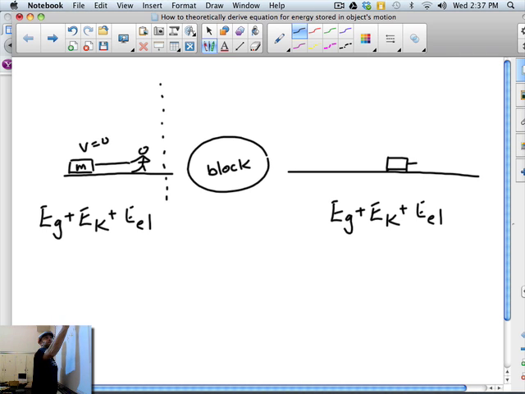Everything's good? Now I'll try to draw someone running. Let's see if I can do that. Oh, I'm not very good at this. He's running. Now, keep in mind what we're really talking about here, between these moments in time,